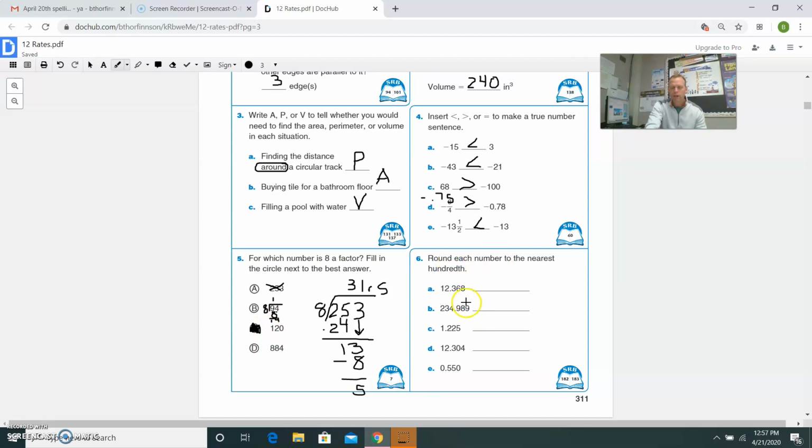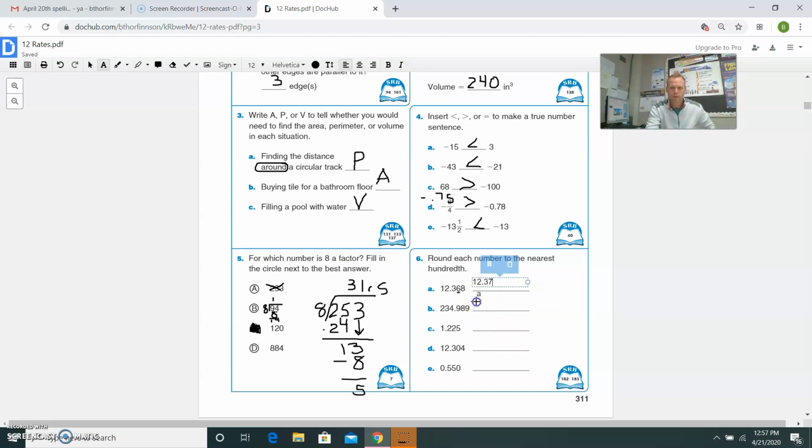Round each number to the nearest hundredth. The 6 is in the hundredth spot. The 8 tells us whether we round up or stay the same. I am going to go to text here. So the 8 would round the 6 up. So we'd have 12 and